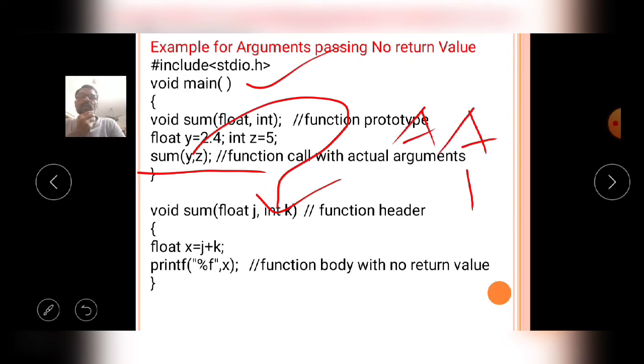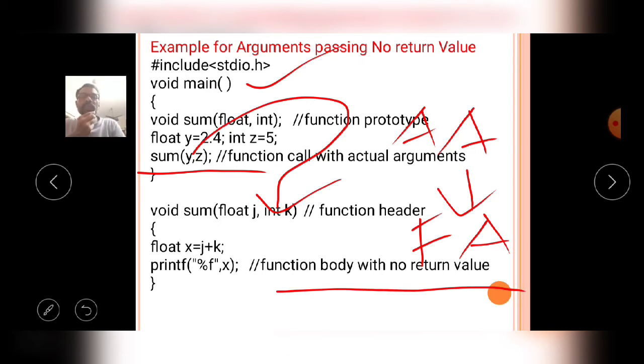After completion of execution, no value is returned, a function body with no return value.